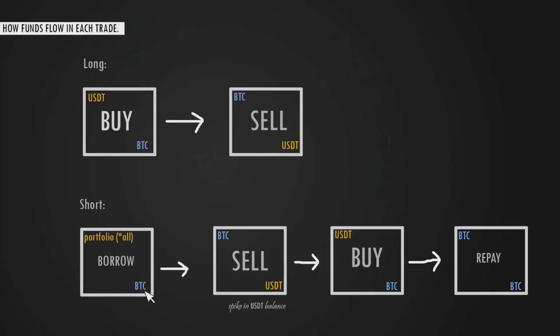Depending on that, I can borrow an appropriate amount of BTC, and I would sell that BTC to get USDT. And when you do this step, you would notice a spike in the balance. Don't go ahead and spend these funds on something else, because you would need these when you want to exit the trade. Later when you want to exit the trade, you would buy back BTC with these funds, and then repay the debt, because you borrowed BTC at the beginning, right? So you have to repay that later. So that's how the funds flow in a long trade and a short trade.